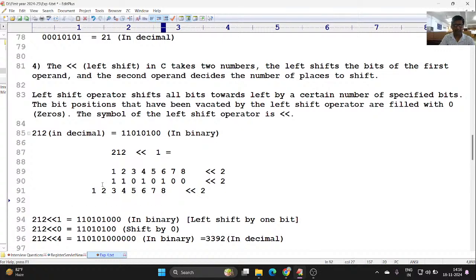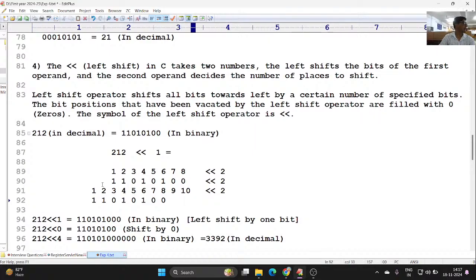at the eighth place will come 0, at the seventh place will come 0. Okay, at the sixth place you will get 1, at the fifth place you will get 0, at the fourth place you will get 1, at the third place you will get 0, at the second place you will get 1, at the first place you will get 1. Okay, and these ninth position and 10th position will be